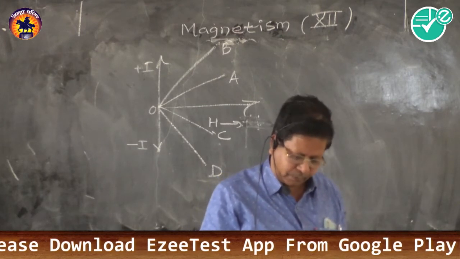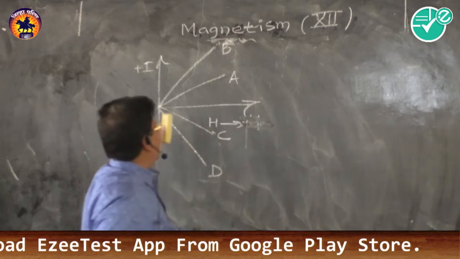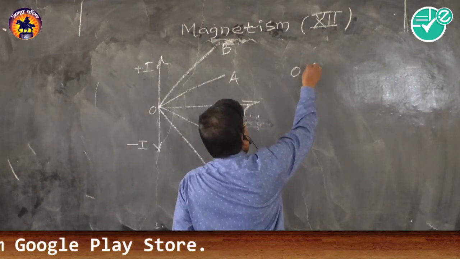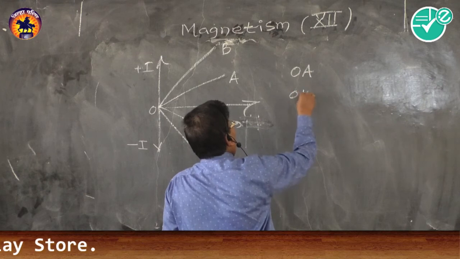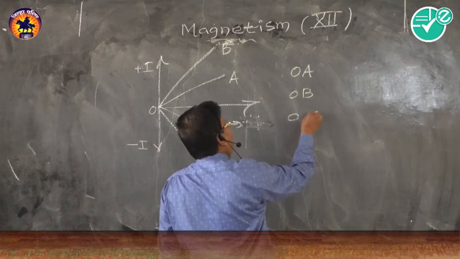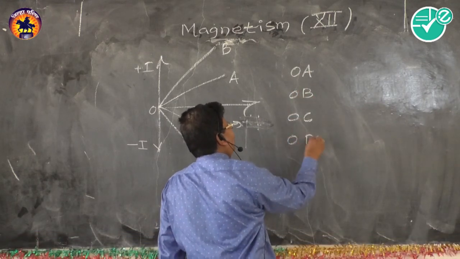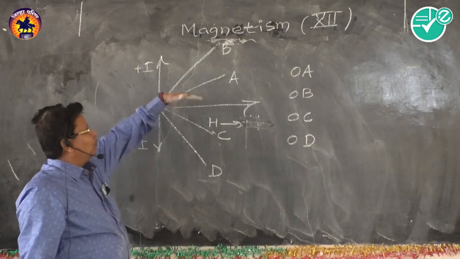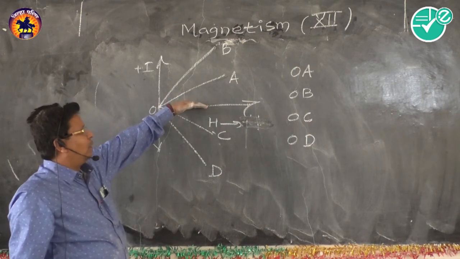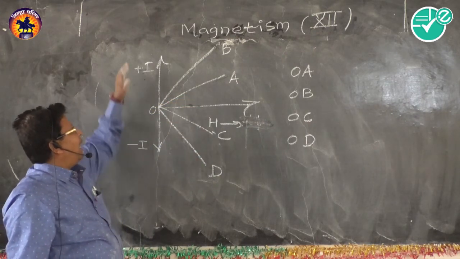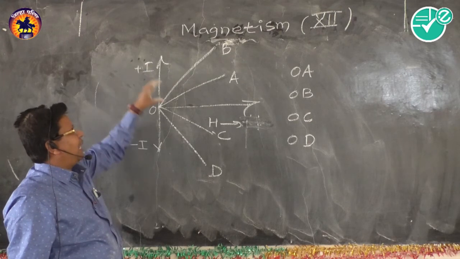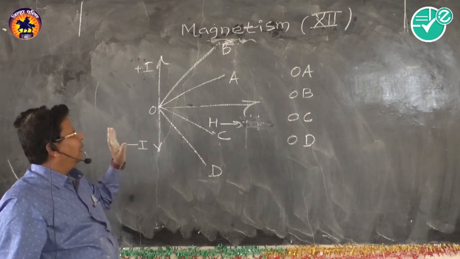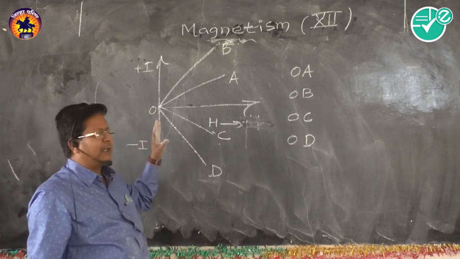Then in this graph, OA is correct, or OB is correct, or OC is correct, or OD is correct. So there are four straight lines, two in the upper part and two in the lower part. It is the nature of graph between I and H, and we have to find the nature of graph regarding